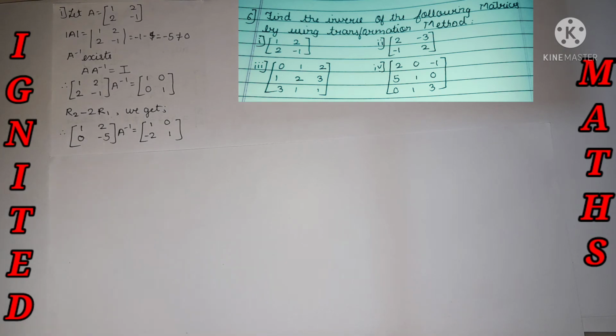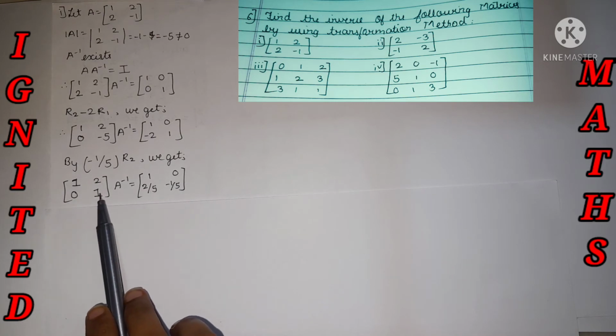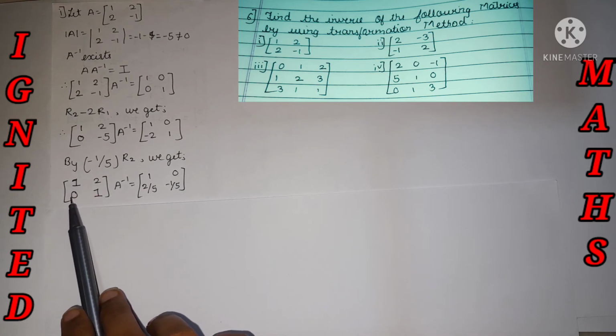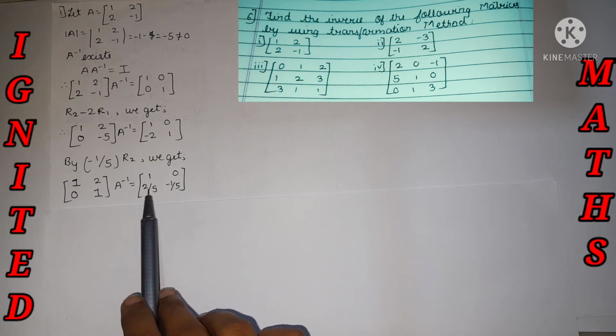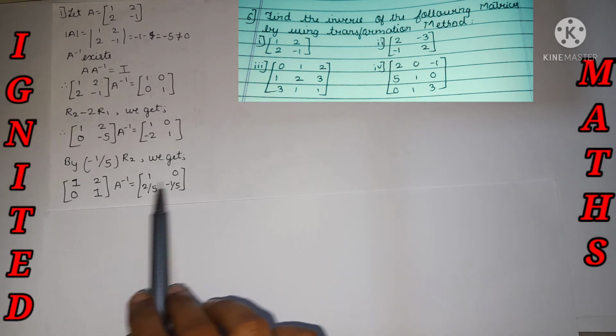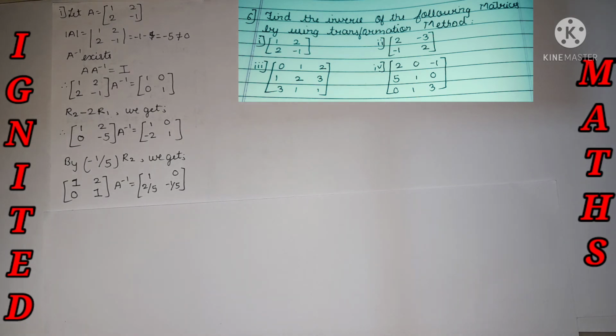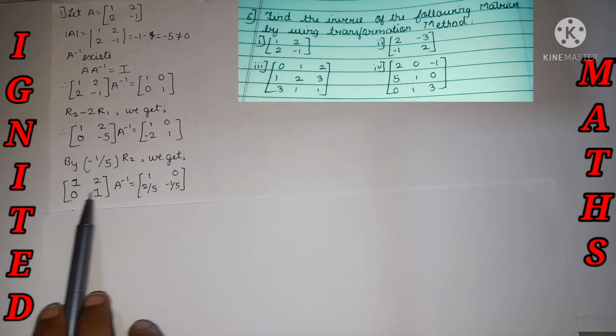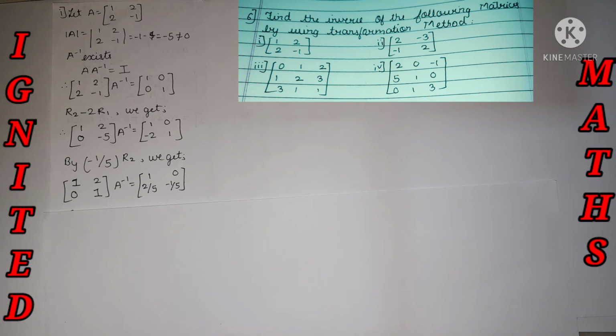So -5 divided by -5 is nothing but 1. So can we operate R2 divided by -5? Yes, so that I can take it as 1 value. Over here 0, no effect. And over here we need to do the same operation. Whatever the numbers are, no need to worry; we need to bring the form of 1 0 0 1 only over here, not over here.